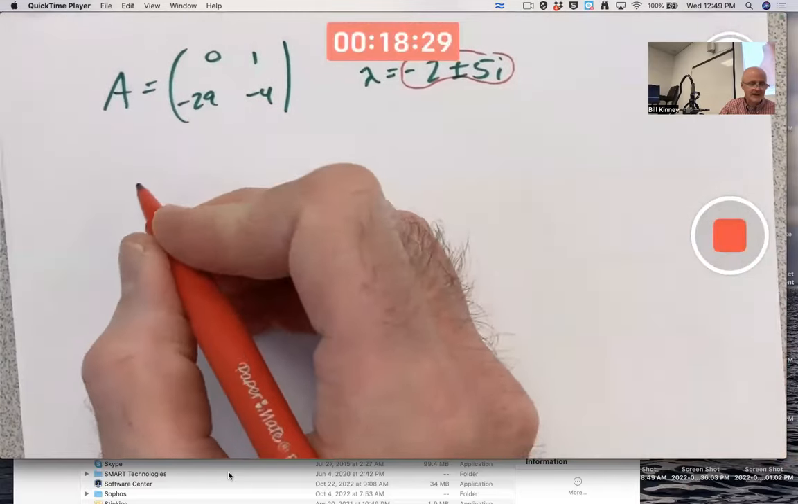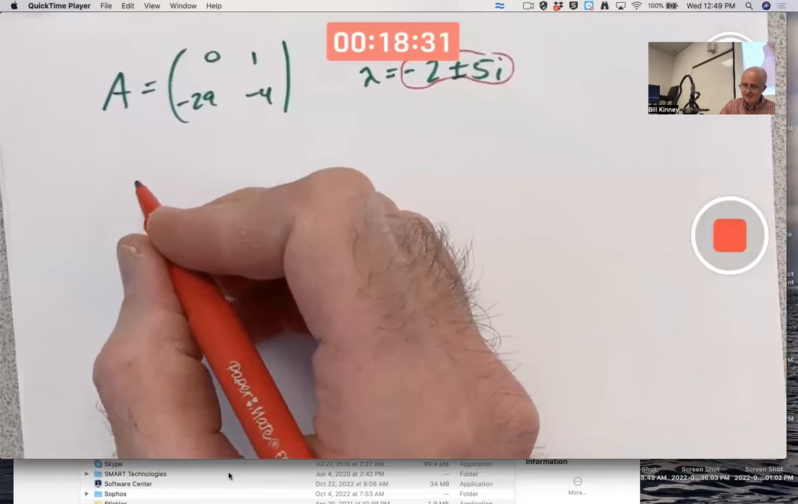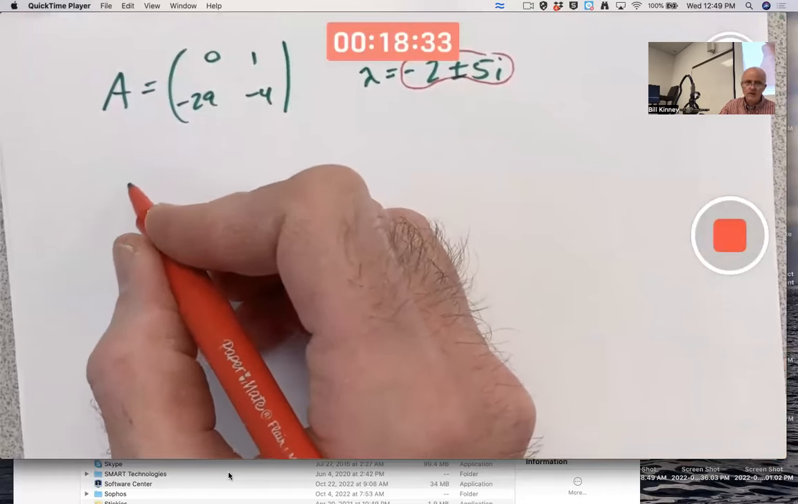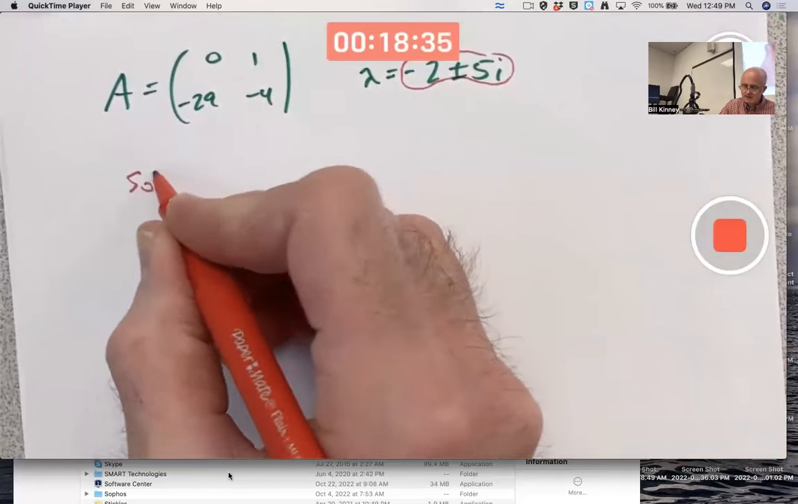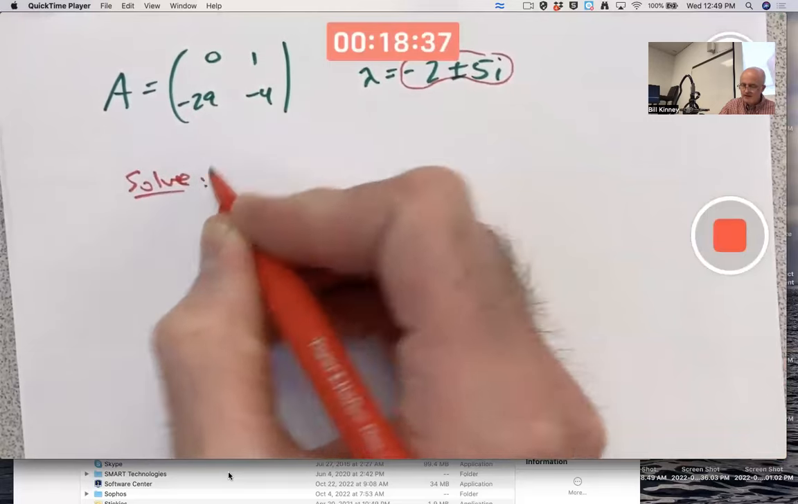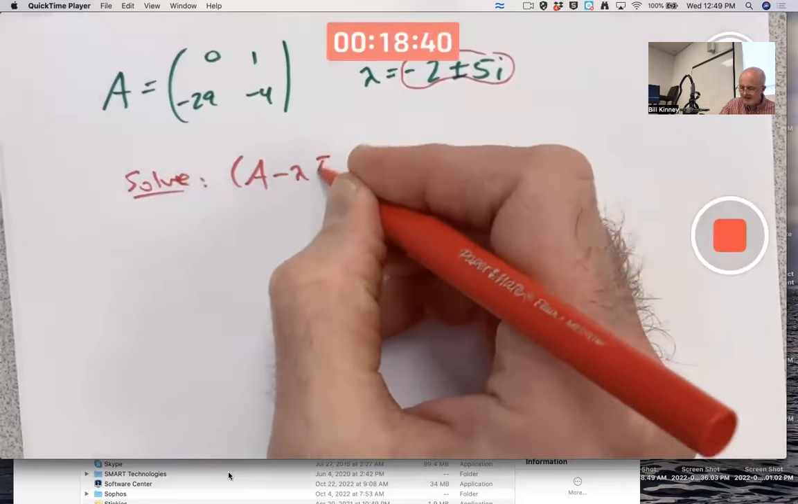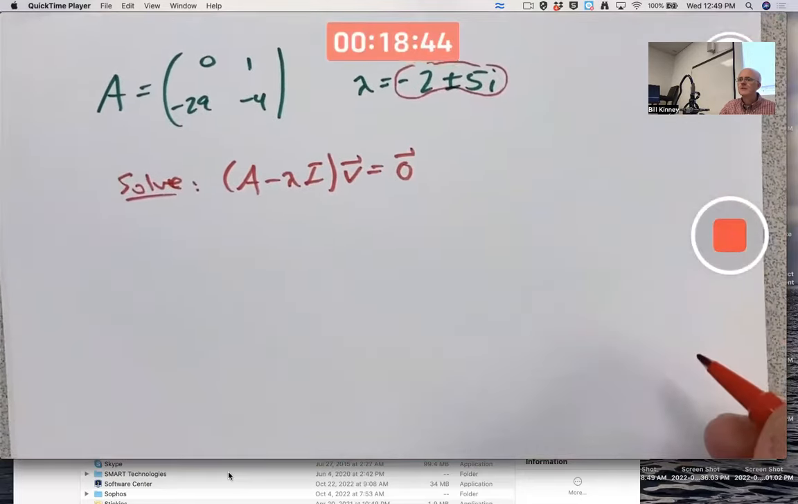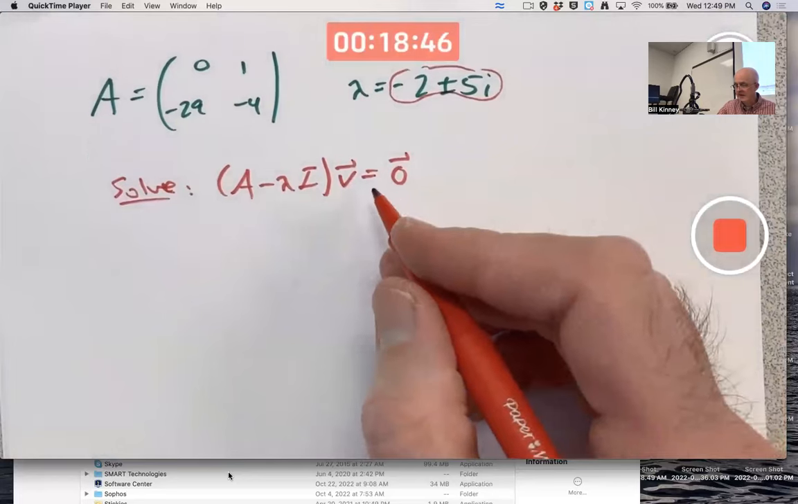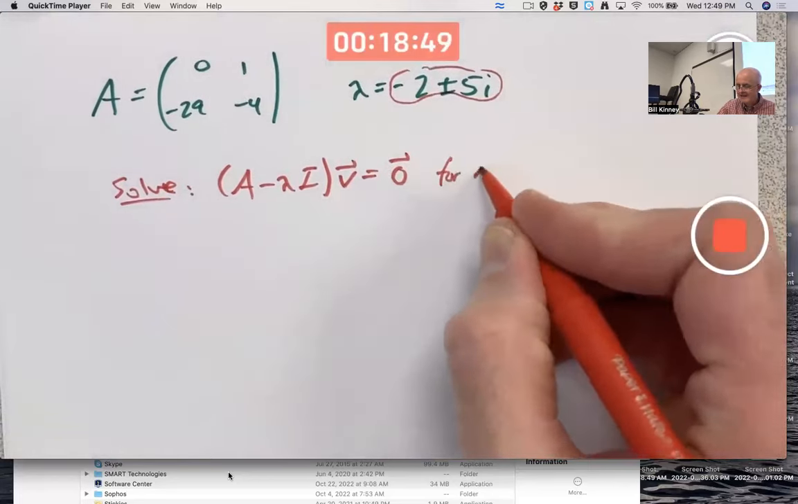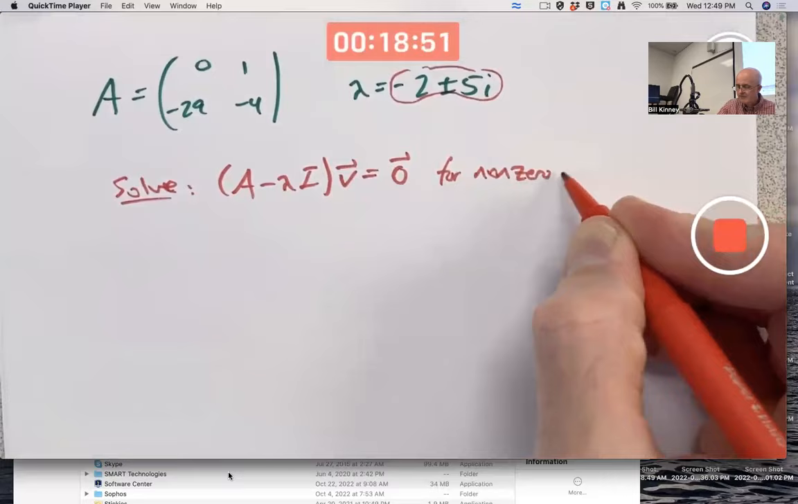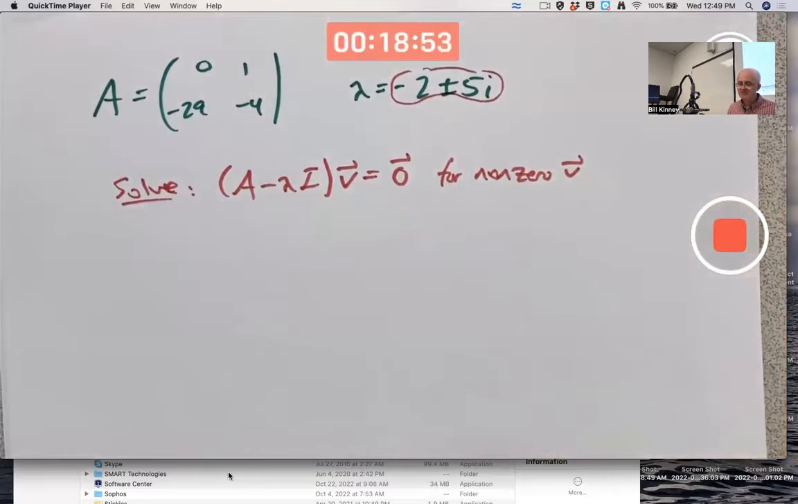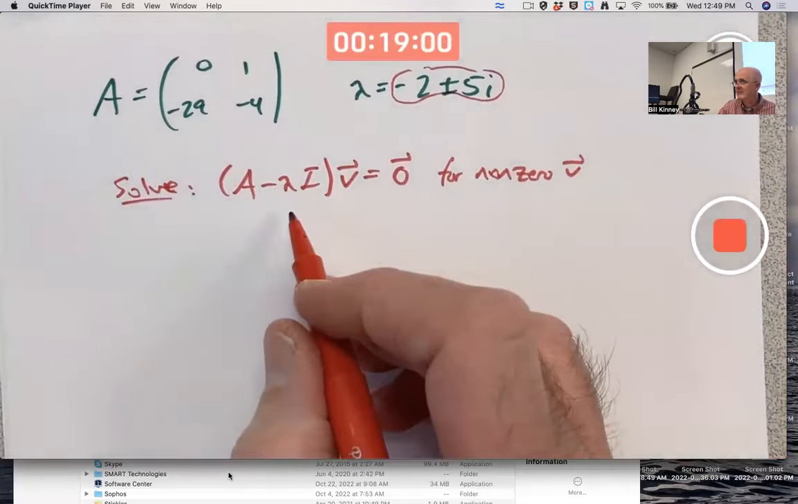But how do you find the corresponding eigenvector? We want to solve the equation A minus lambda I times V equals the 0 vector for non-zero solutions for V. Remember I said last time that the reason this is going to work is because when lambda is an eigenvalue,